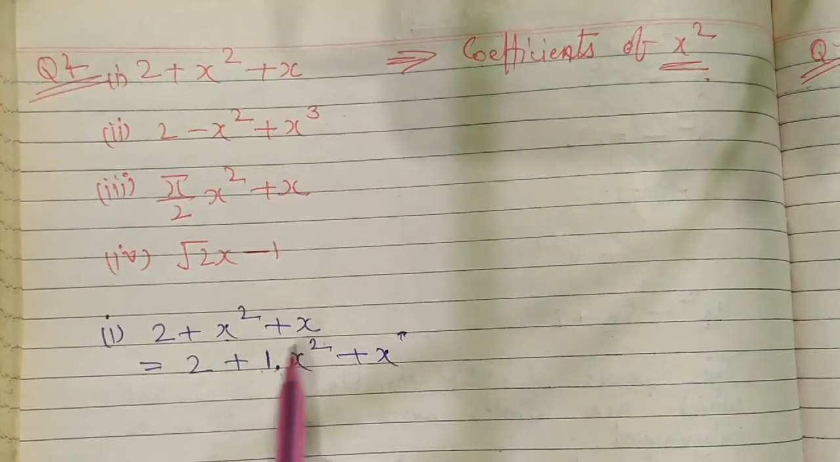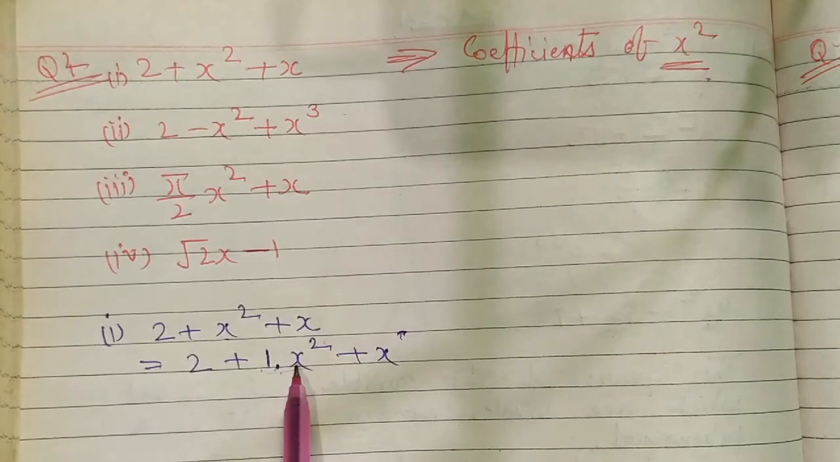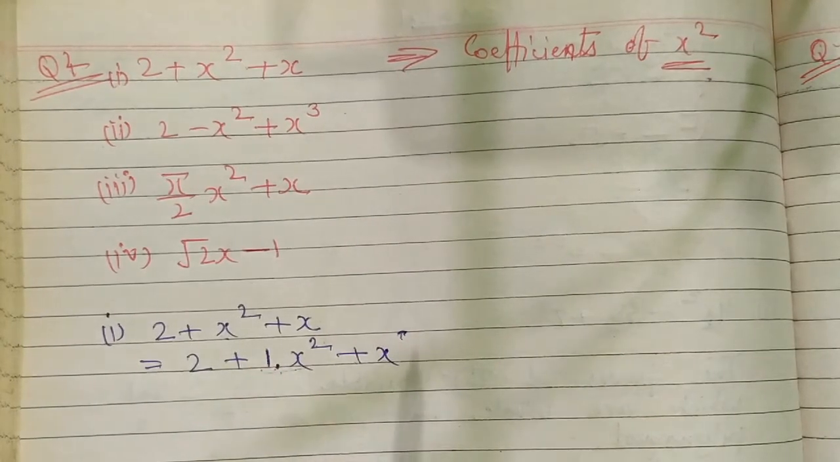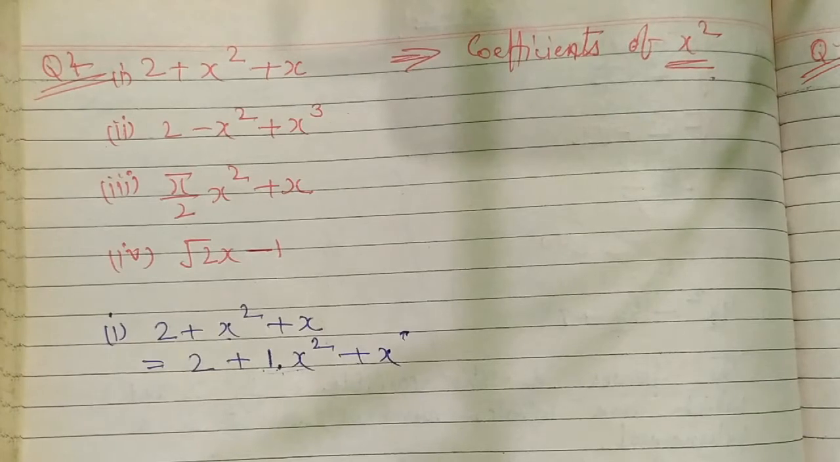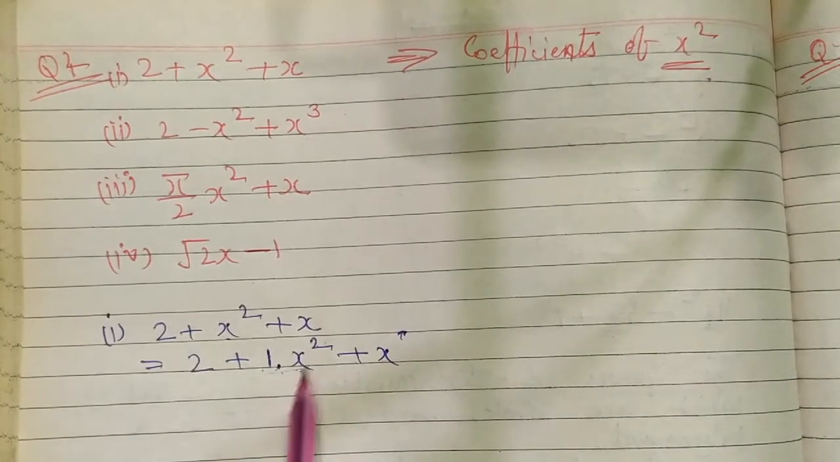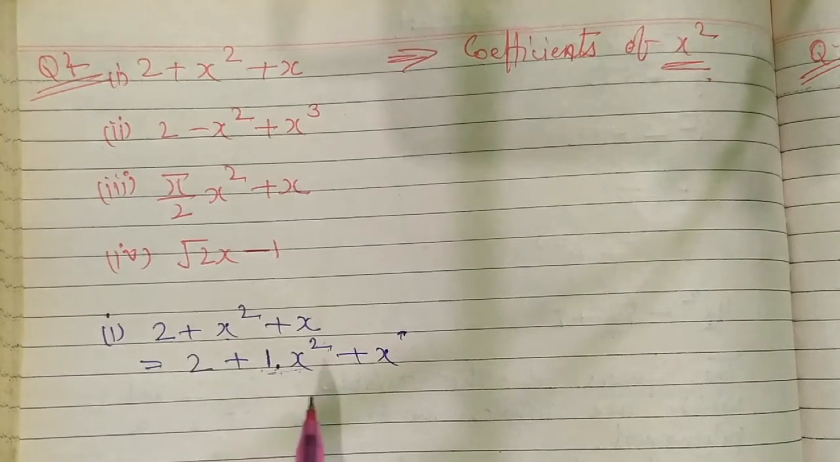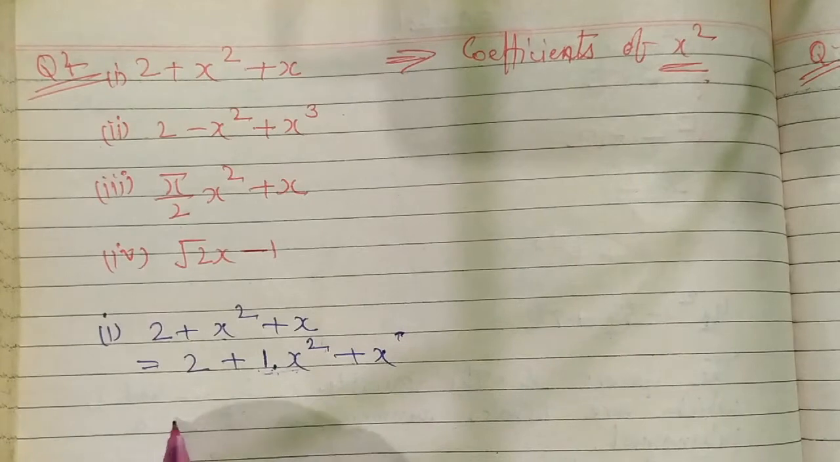x square is x square itself, so we need to write it like this so that we should be easily able to find the coefficient. Now first of all I want to introduce coefficient. What is coefficient? I call coefficient a neighbor, padosi. So we need to find what is the padosi of x square. The padosi of x square is 1 here,